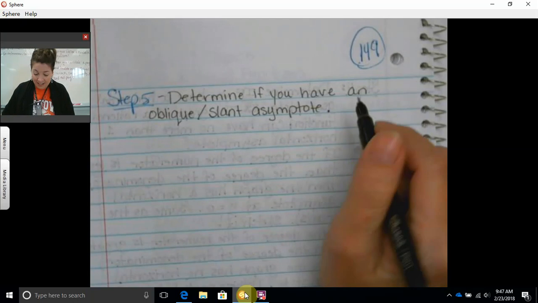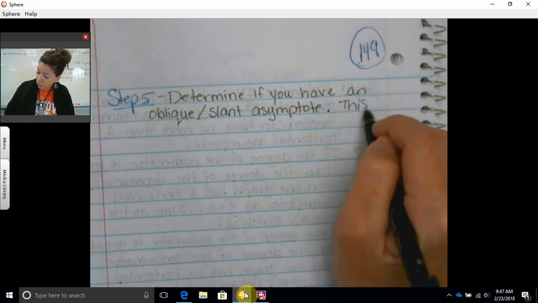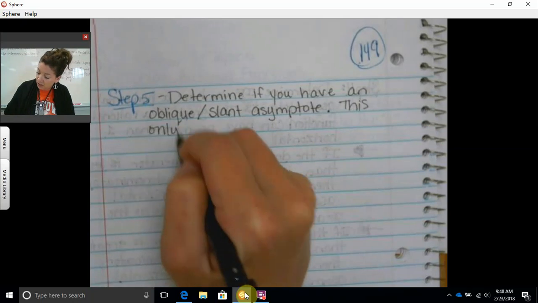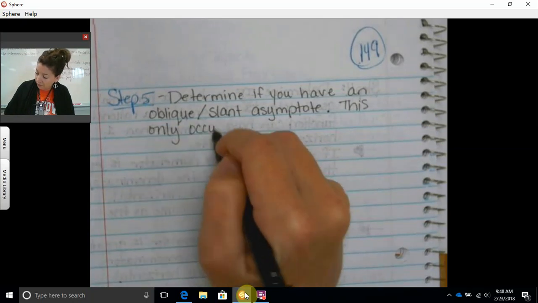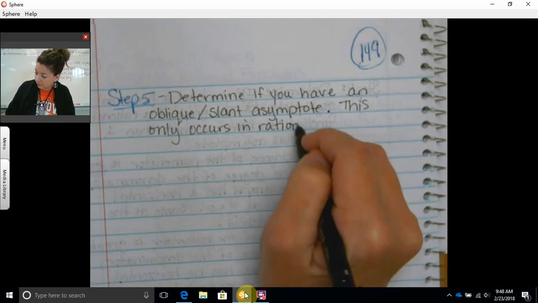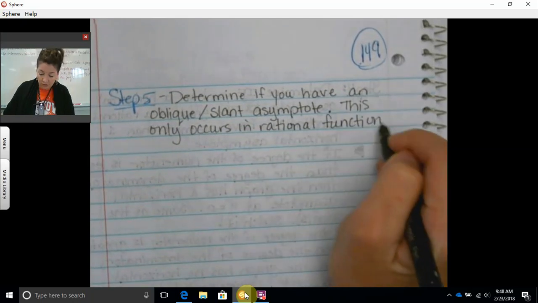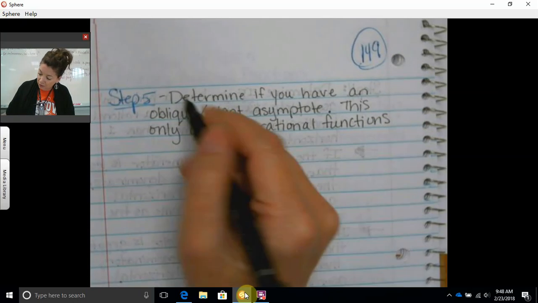This only occurs in rational functions. We're almost finished with this part anyway. When the degree of the numerator